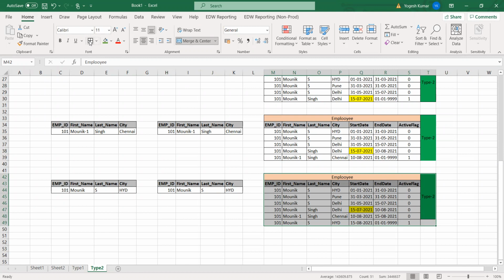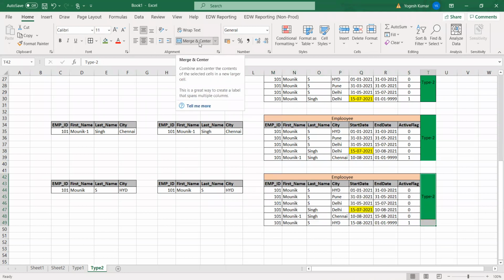So in an interview, they can ask you these questions from whatever we have discussed, because whatever I covered for type 2, I covered each and every scenario. If you are going to give any interview for ETL data warehouse testing, you will have at least one question from type 2, okay? And they will ask whatever we discussed here, right?